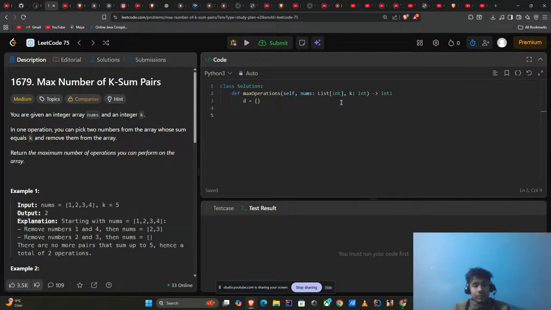So yeah, for i in range, now what we can do, let's say my n is length of nums. Now let's say if my k minus nums of i,